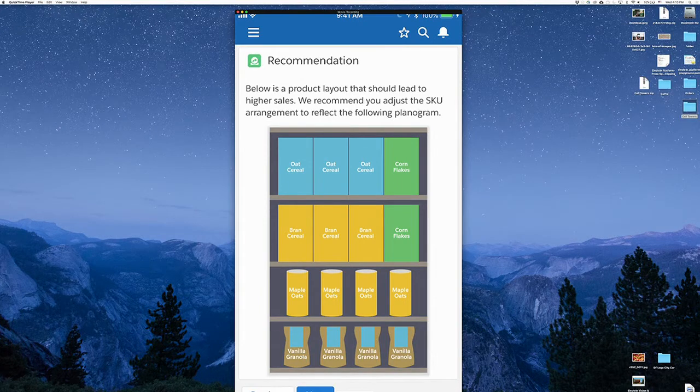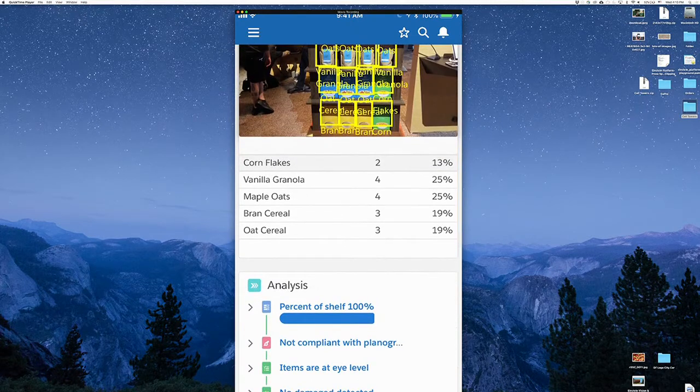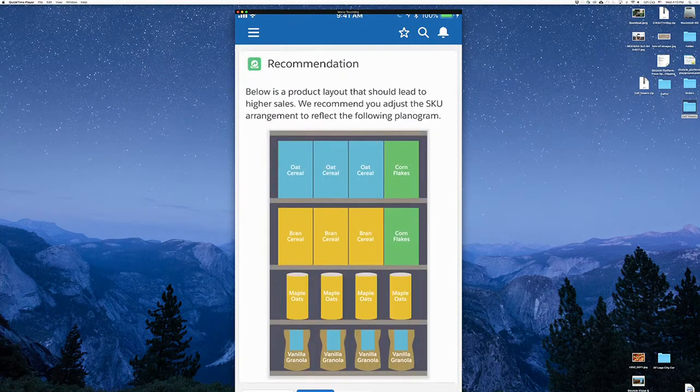So now we can see that here's the actual layout. And if you just take a quick look, you can see 3 blue boxes on the top and a green one, which is very different from 3 yellow on the top. So we can very easily kind of compare and contrast that. So 2 AI models, object detection for what's in the picture, and then image classification for compliant or not. So let me show you an example of how we might get there. And to do that,